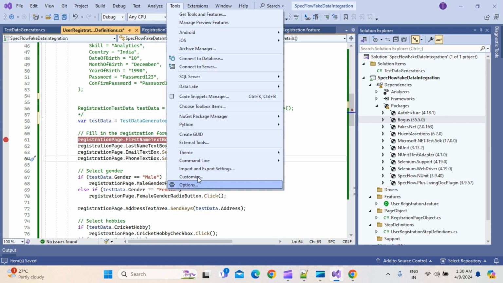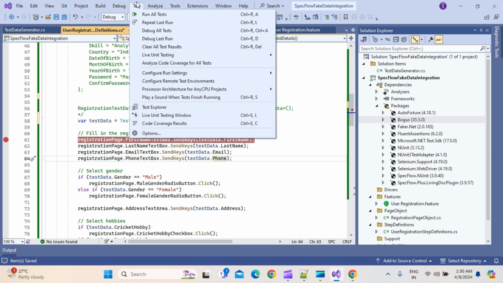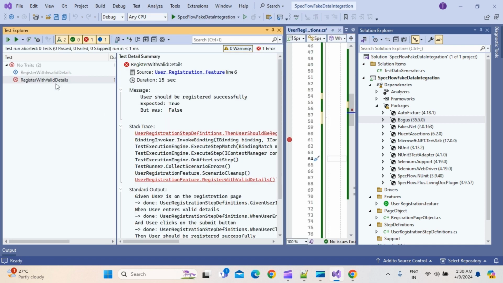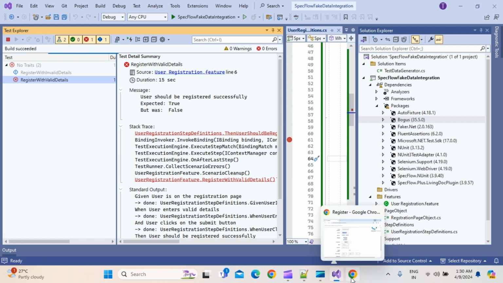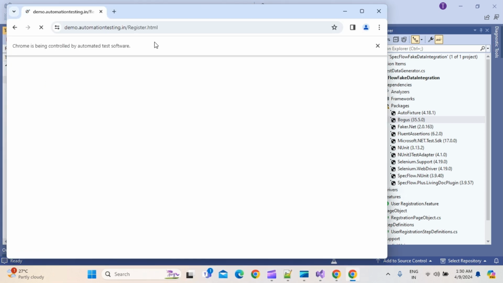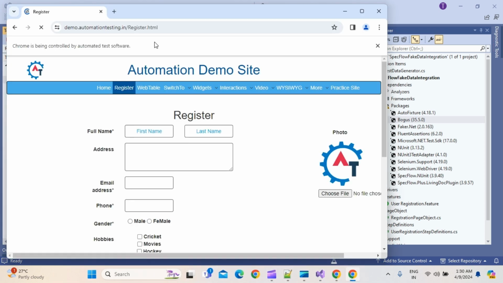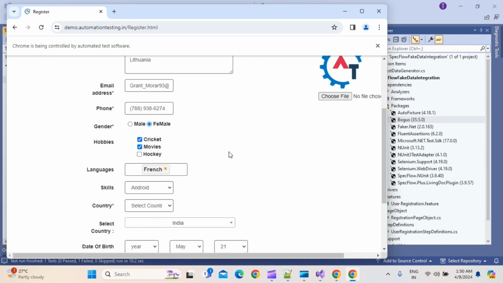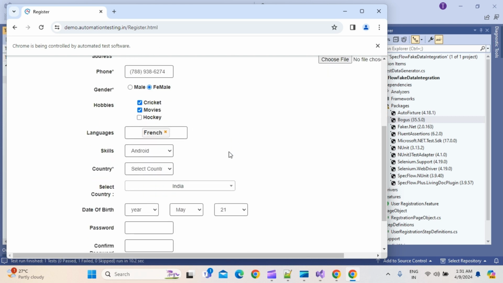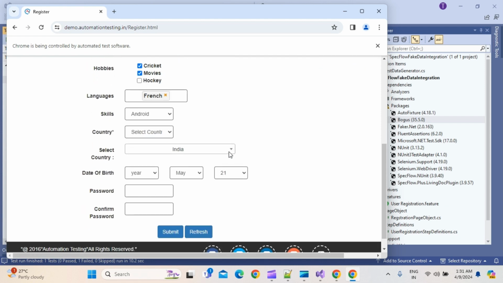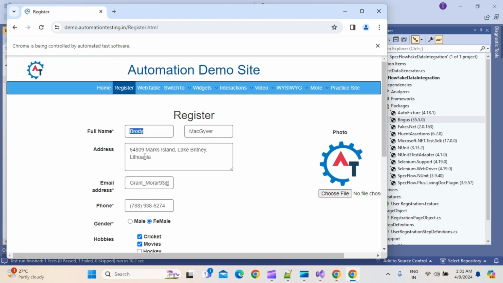Now I'm going to run the same test cases, so that you can see what happens. If I run the same test cases, it is going to give you some data. Let's wait for a few minutes. You see the address is there, the email ID is also realistic, the phone number is also realistic,